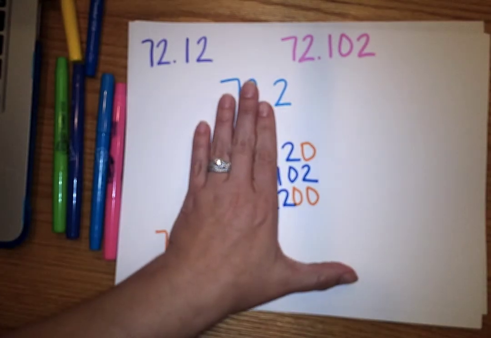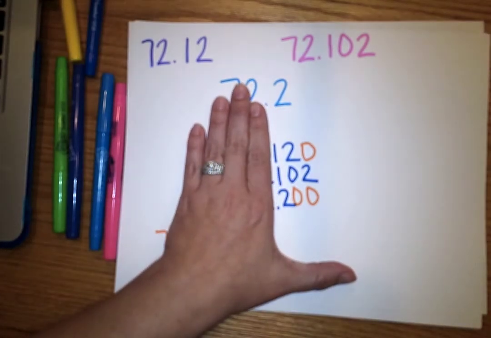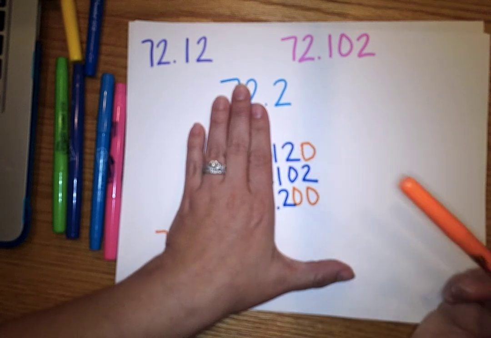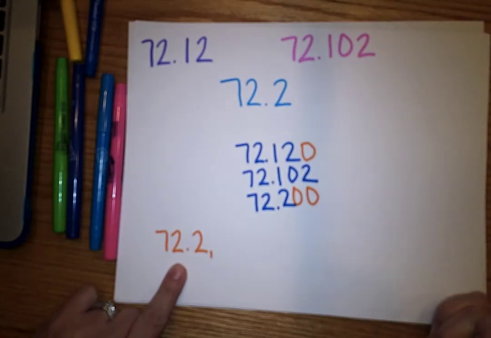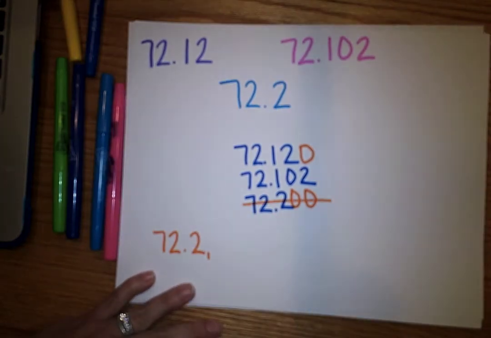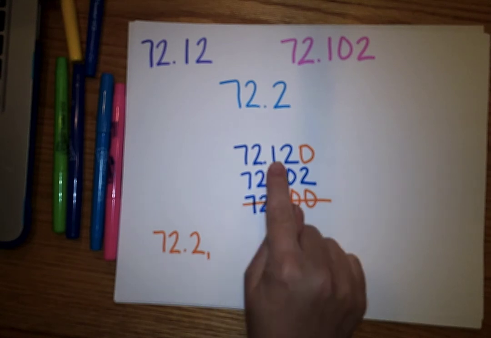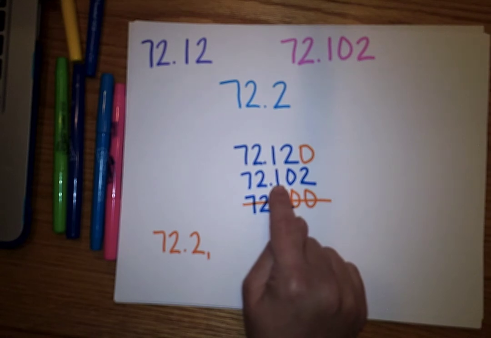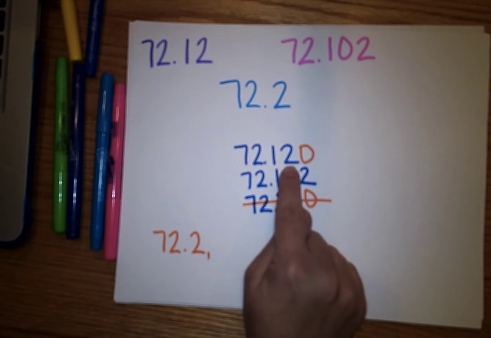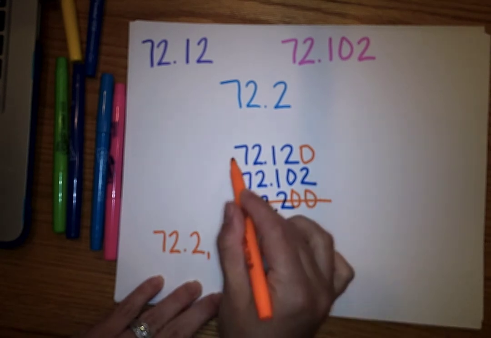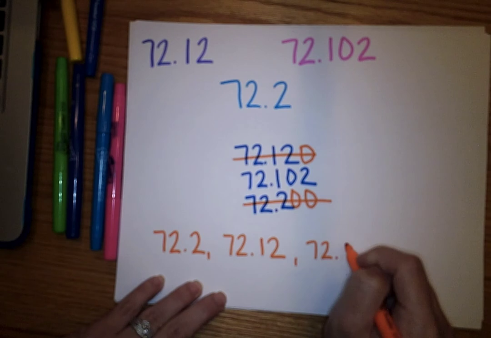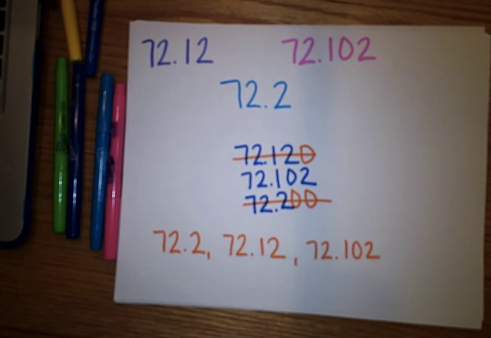So if I cover up the whole number, I can see that now I'm left with 120, 102, and 200. Well, 200 is bigger, so that's why I pull that out as my first number. So I'm going to go ahead and put a line through it, pull it out, I'm good. So now I'm going to go back to that tenths place and say, well, those are the same. So let's go to the hundredths place and see if we have something different. 2 here and a 0 here. 2 is bigger, so it automatically makes 72 and 12 hundredths bigger,